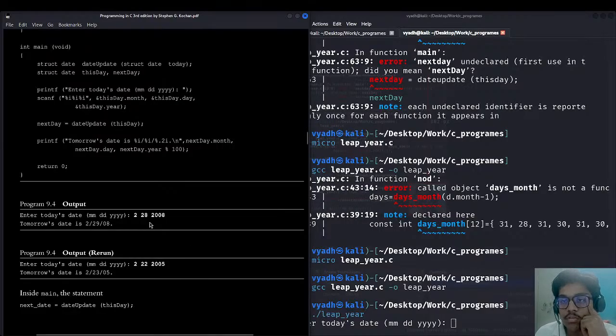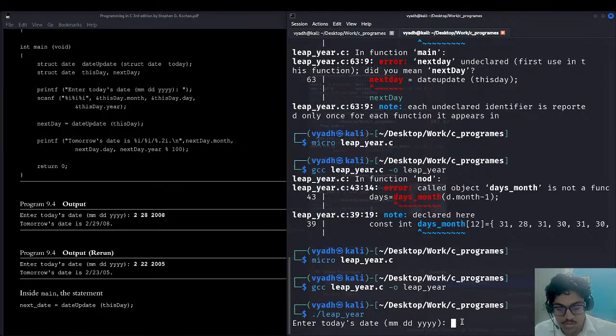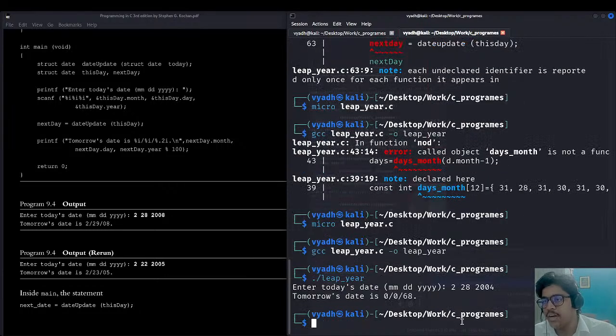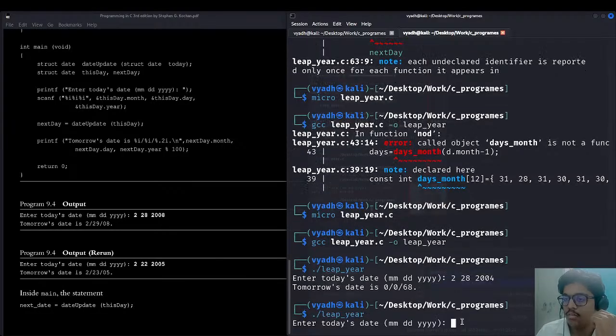ये हमने पहले तो ये वाला केस लिया है कि लीप ईयर है कि नहीं। तो अगर 2/28 यानी कि डेट सेकेंड फरवरी 28, 2000 ले लेते हैं, 2008 ले लेते हैं, 2004 ले लेते हैं, लीप ईयर है। तो टुमारोज डेट होना चाहिए 29। 0068। नाइस, अलग ही है। और अगर देखा जाए तो इसमें एक प्रॉब्लम और आया है कि ईयर भी काम नहीं कर रहा, 00 हो गया। और इसको होना चाहिए था।